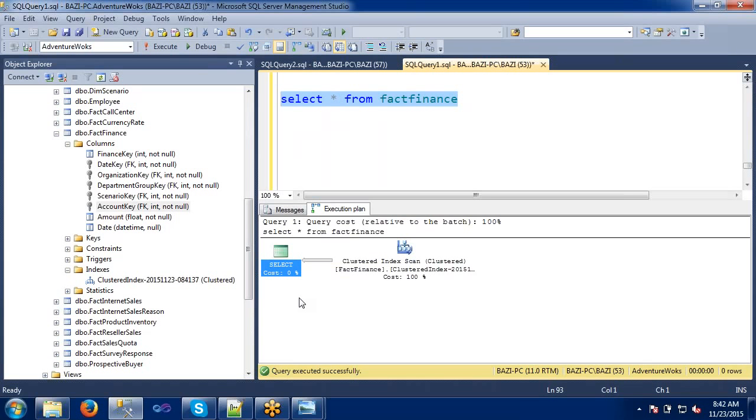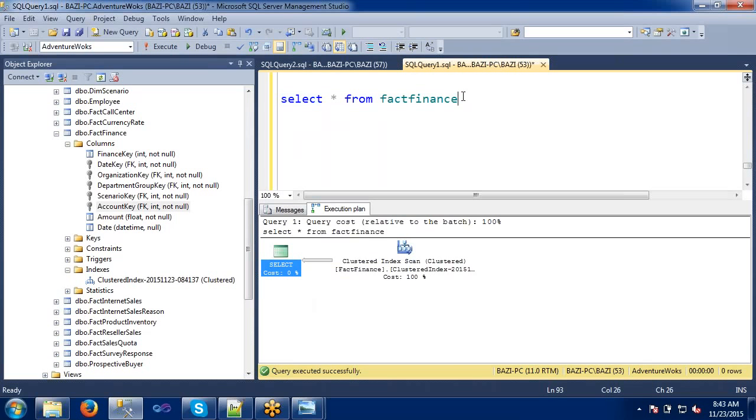But I have a doubt. How is it going to make a difference on the system? Because both ways it is displaying all the records, right? Even if you create the index or if you don't create the index, it is displaying all the records with the same statement. So how is the time getting lowered? See, I will show you.